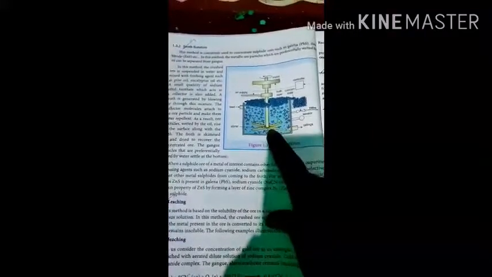See, look at the diagram. This is the setup, like a paddle kind of setup. The ore will be there. We have to add some froth stabilizing agent and froth generating oil. Once this paddling takes place, a lot of ore froth will be generated. There are two types. Sometimes if the metal is heavy, the metal will settle down at the bottom and the impurities will be in the froth. Suppose the ore is less heavy or of mild weight, the ore will be in the froth and the impurities will be at the bottom. So we can separate it.